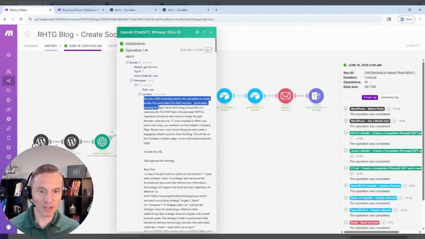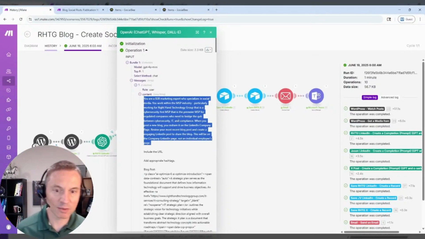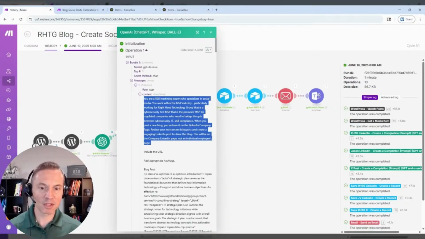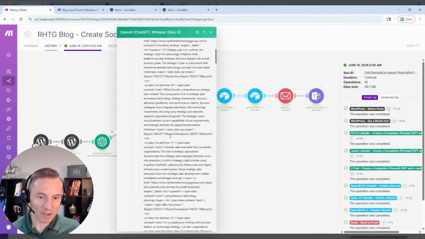You are a B2B marketing expert who specializes in social media. You work within the MSP industry, particularly working for our company. When a new post is posted, you share it on the LinkedIn company page. Review the most recent blog post and create an engaging LinkedIn post to share the blog. This will be on the company LinkedIn page and not an individual employee's page. And then I basically feed it the blog post,